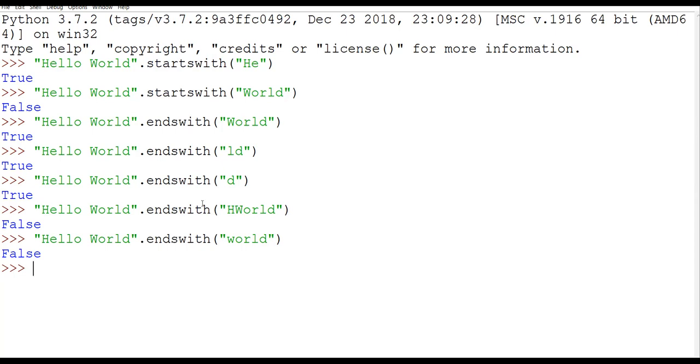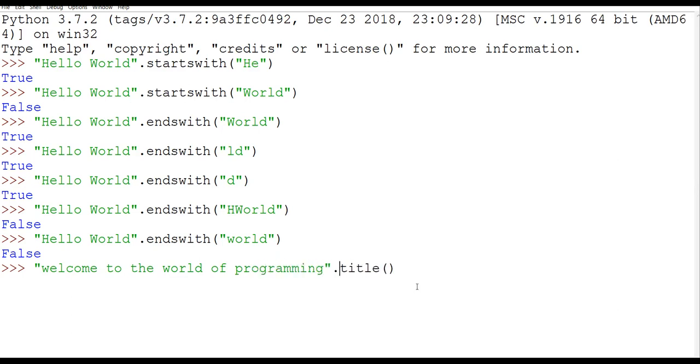Okay. Then next we are having the title function. With the name only you can understand. See this title function, what does it do? It converts the first character of every word in a line into a capital letter. For example, I'm writing everything in small: welcome to the world of programming.